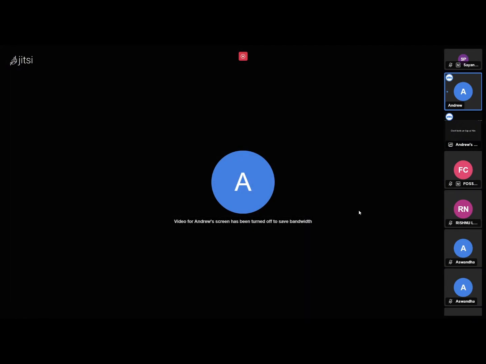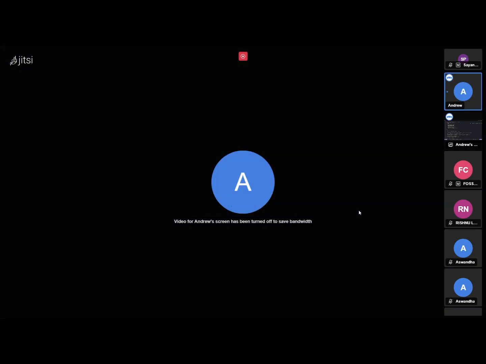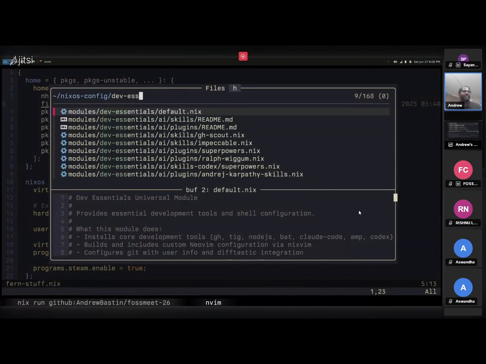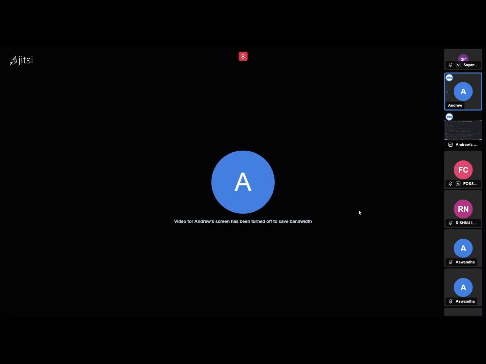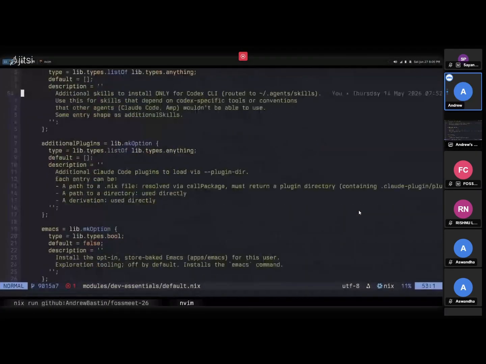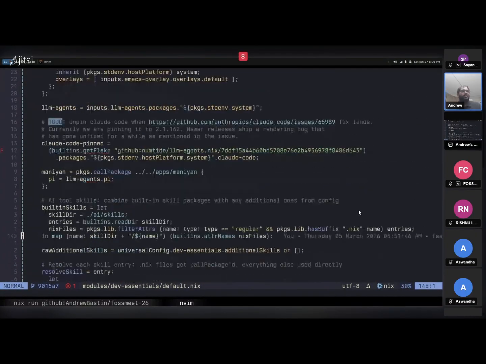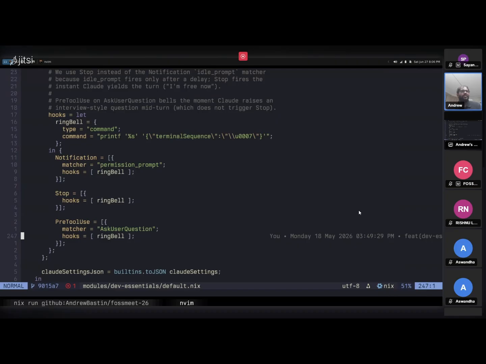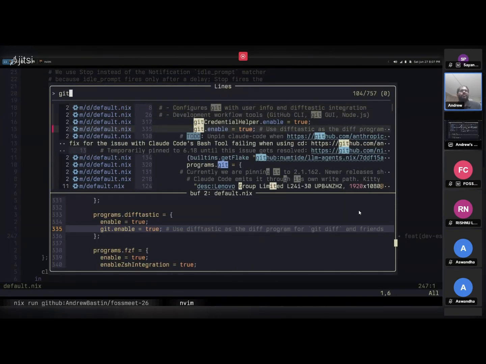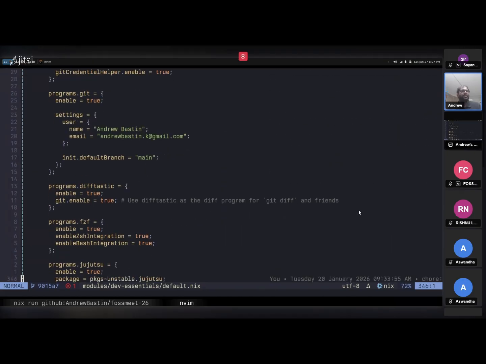Next, there's a thing called Home Manager. I'm not going to go deep into Home Manager, but you are seeing it in action here a bit. All of my configuration files are also written in Nix. So for example, when I set up a new machine, I have a couple of things that I always use. I have a set of Claude skills that I use. I have Emacs, which is what I normally write code on, not Vim. I have Git here. I need to configure Git. That is all set up and it's there.